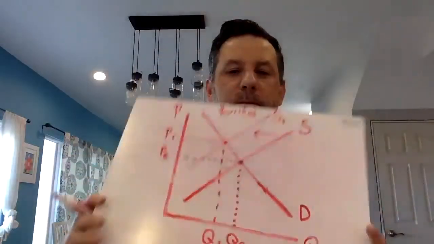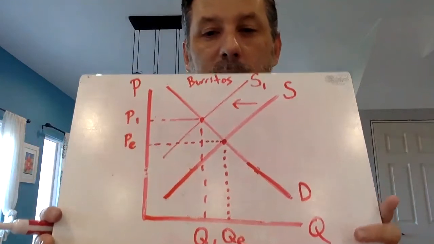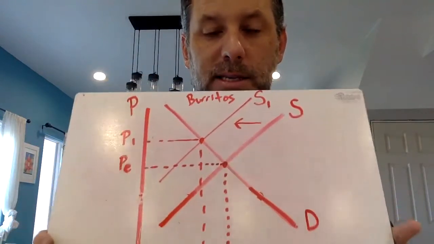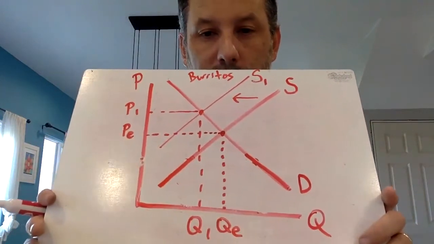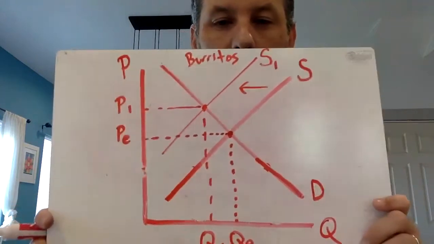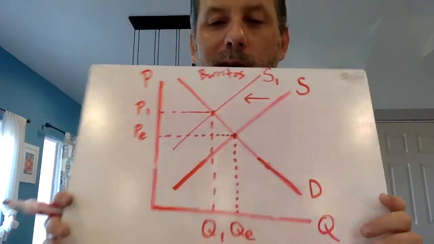and I'm going with P1 and Q1. So that's our new price and our new quantity, right? So we find our new price and our new quantity. And then what I like to do is put arrows over here and down here, showing the direction of the change,